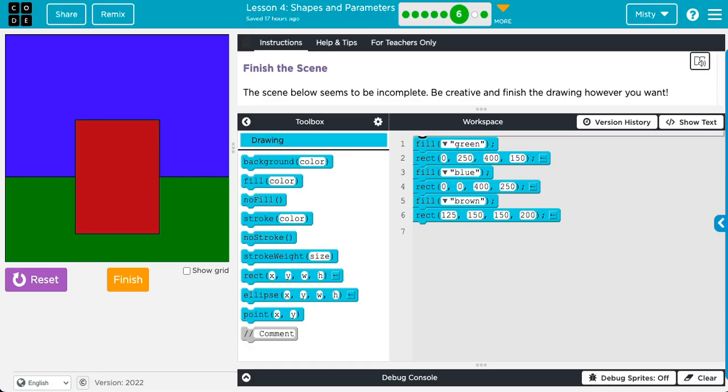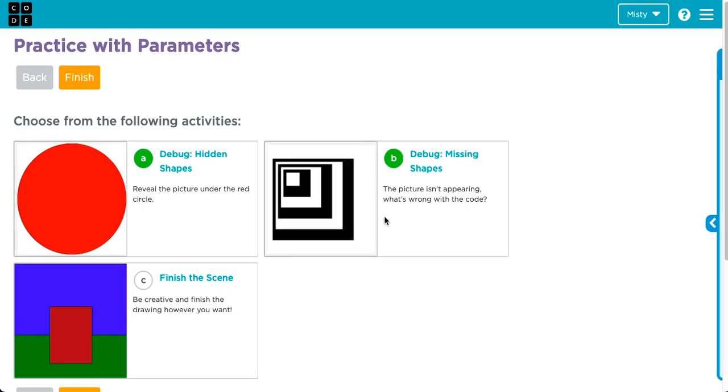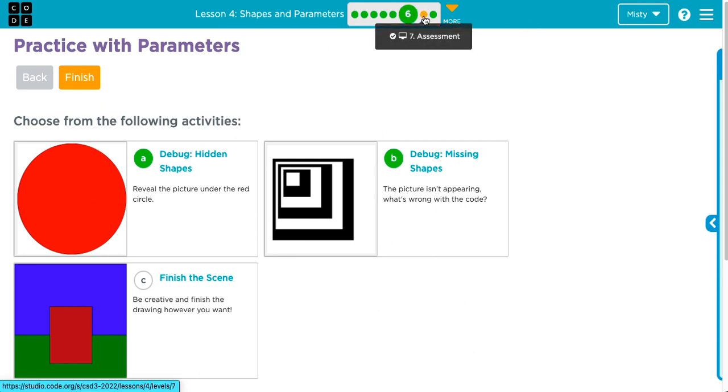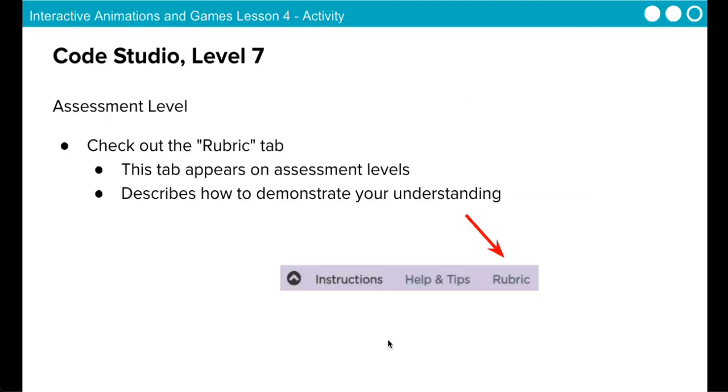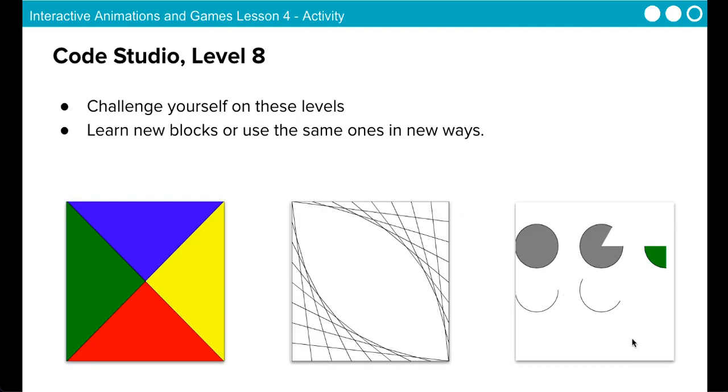So once you have done all 3 of these, or at least 2 of them, go ahead and move on to your assessment level. Okay? Remember that on level 7, you can choose the rubric link to see how I'm going to be grading that, and it'll be on a scale of 4, 3, 2, or 1. Keep that in mind. And then for level 8, you see, this is where you learn how to draw triangles,